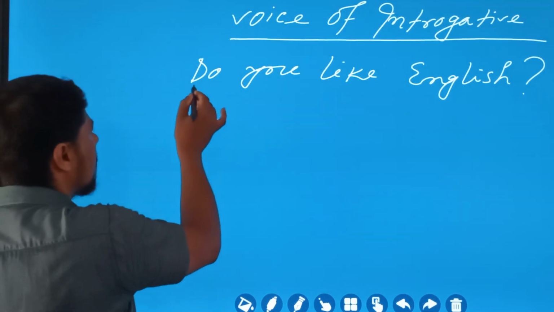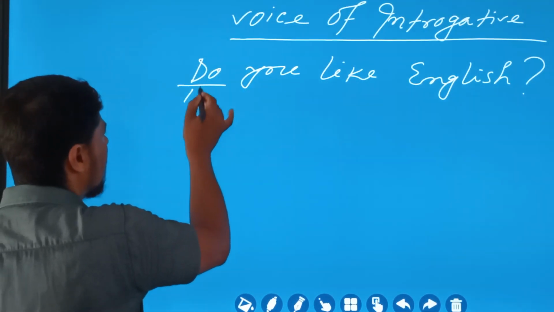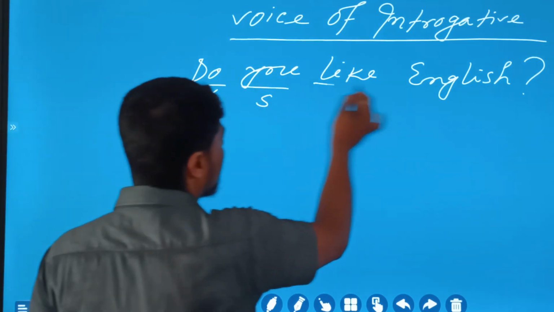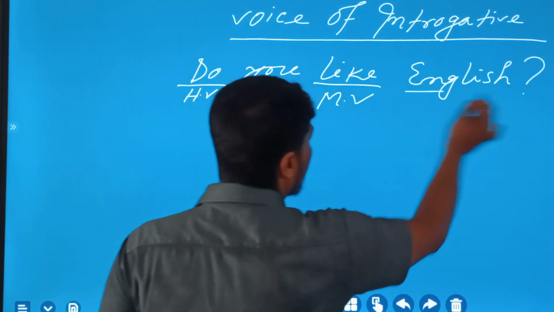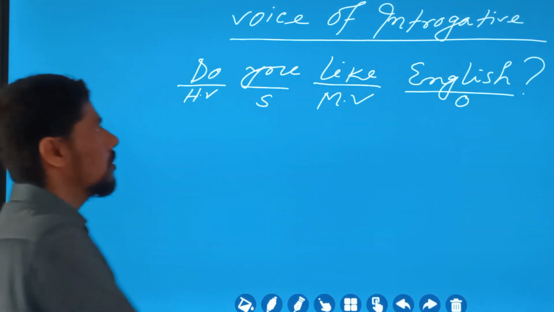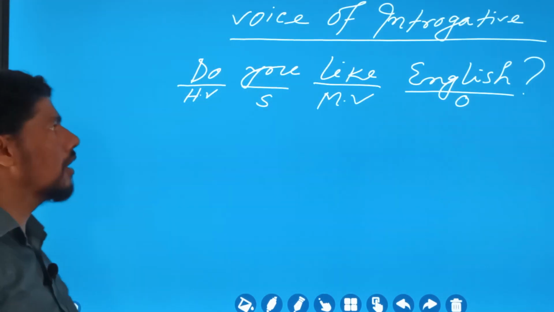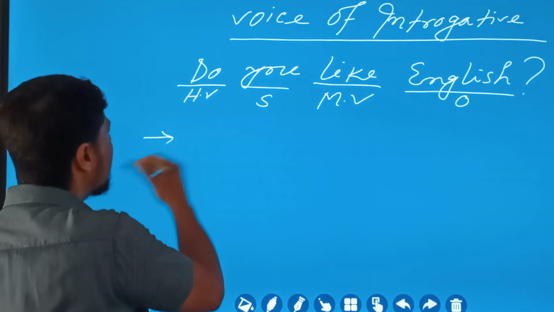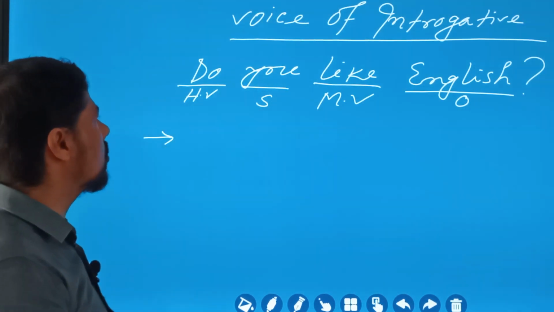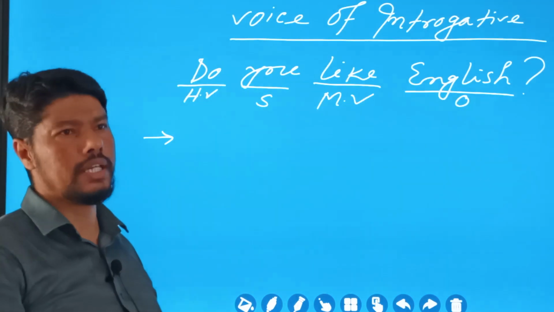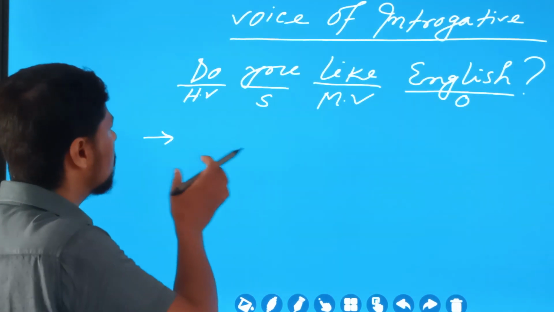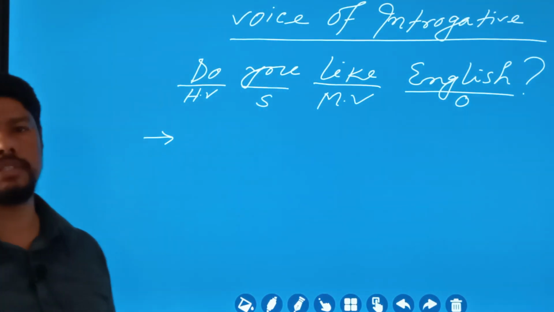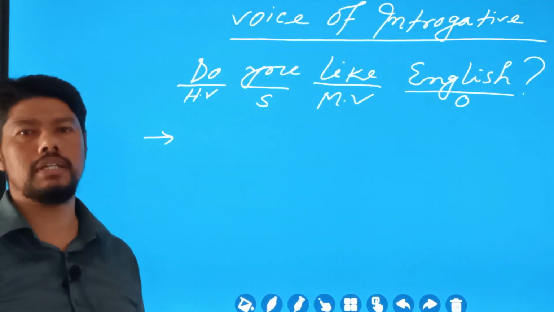Yes-no questions actually begin with an auxiliary verb or helping verb, that is HV. Then comes the subject, and then the main verb, and then object or extension. So this is the structure of yes-no questions. We are going to change it into passive. So to make it passive, we need to know the tense. So look at the sentence. Do you like English? This is an instance of present indefinite tense,